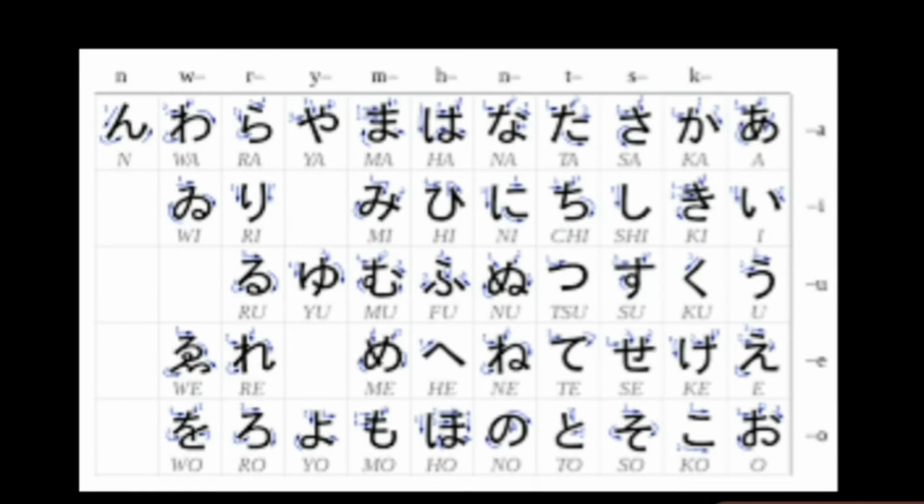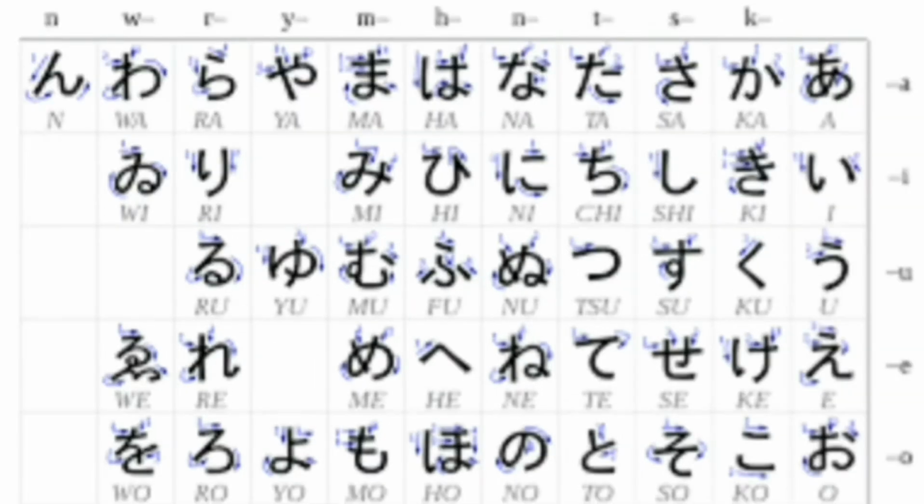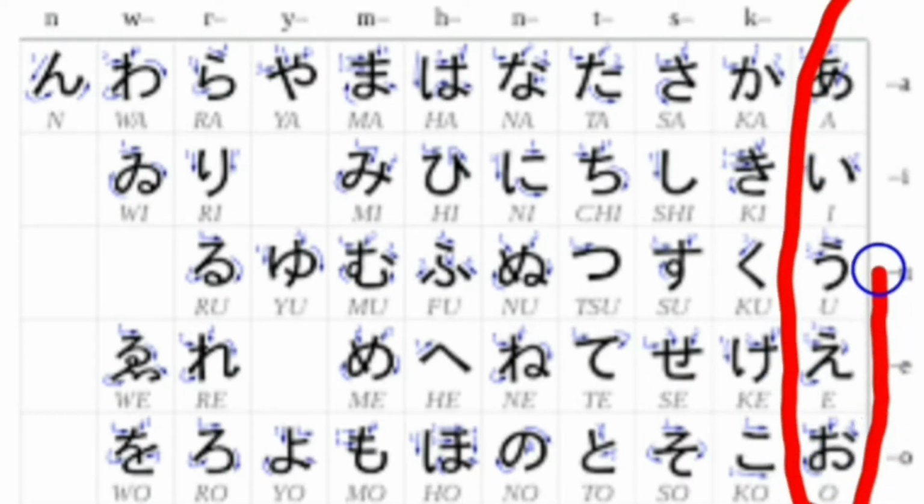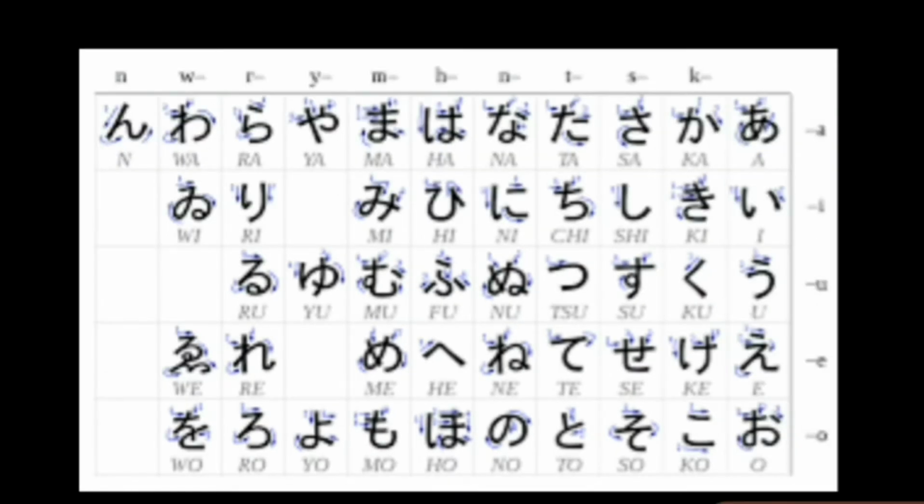So from the right side we will start to read. Here the first column is of vowels of the Japanese language. In Japanese there are 5 vowels. So I am going to read, you try to repeat it. So first is